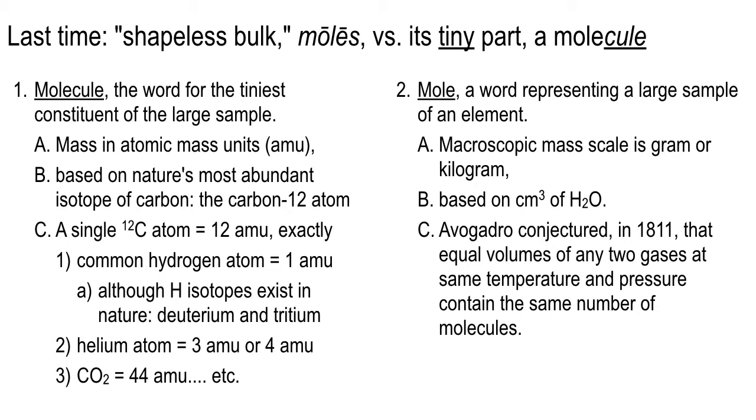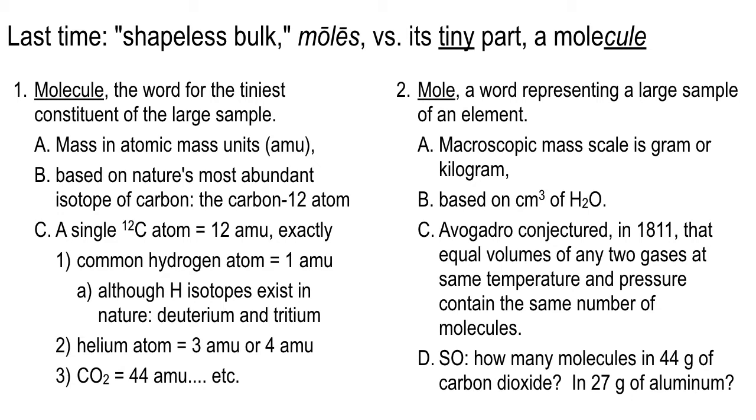And so that was his conjecture, and he reasoned that that was the case because he felt that if molecules exist, if all the molecules of CO2 are the same, and if they basically obey F equals ma, then equal pressure and volume should correspond to equal number. And it's been verified. He was correct about that. So that leads to this logical question.